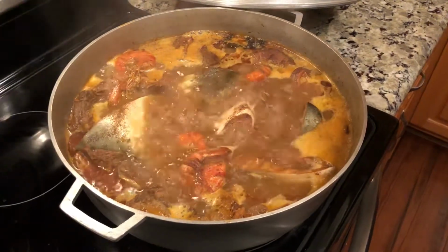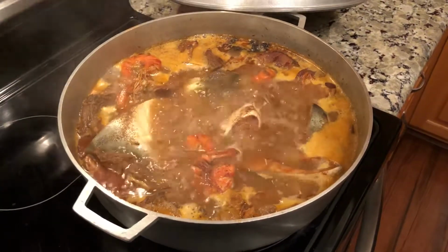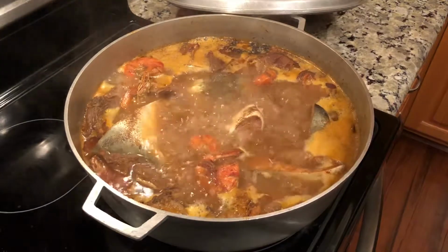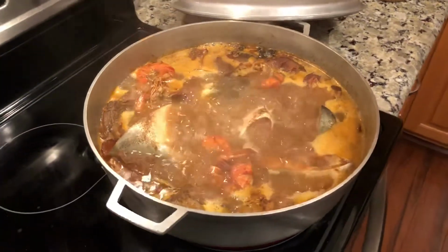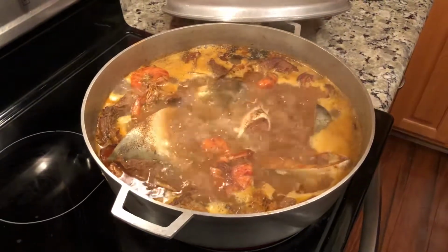All right. What do we got in the pepper soup? We've got shrimp, dry catfish, pampino, which is a flat silver fish, similar in taste to bluefish. We have beef, chicken, pig feet,